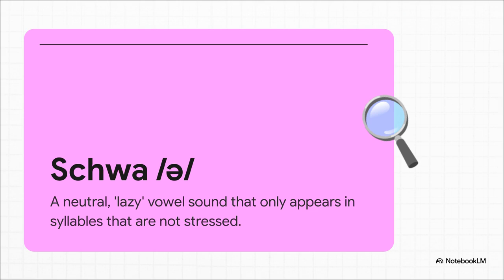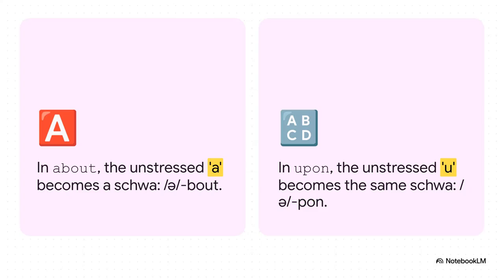It only ever shows up in the syllables that are not in the spotlight, the unstressed ones. Seriously, this one rule alone explains so much about why English spelling can feel so weird. Just look at how this works. In the word about, the stress is on bout, right? So that A at the beginning gets lazy and becomes a schwa,